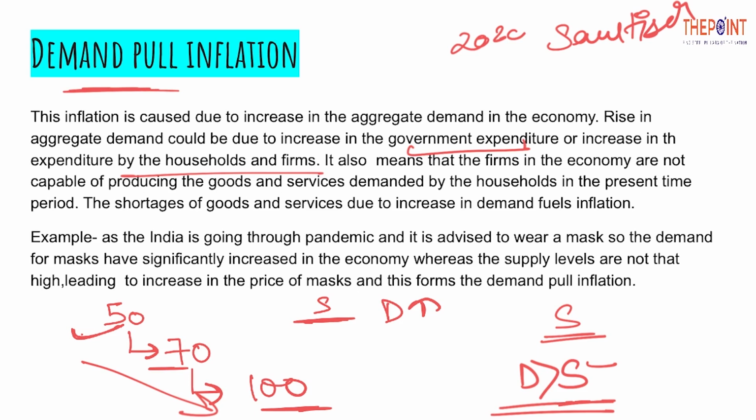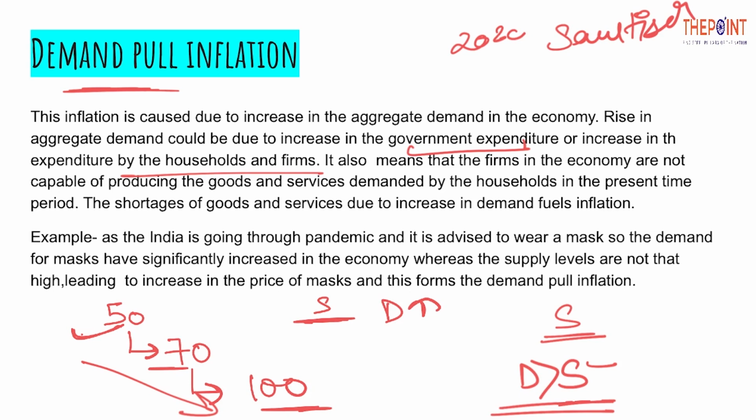And then if you see in 2021, there was a huge increase in the price of oxygen cylinders. A cylinder of oxygen which was earlier available for say 5,000 rupees for 10 liters was available for 45,000, 50,000. And why was it happening? It was happening because there was a tremendous increase in demand and the supply was not up to the mark, or the supply was not able to match the demand of the product. Hence the inflation, and inflation backed by the increase in aggregate demand.